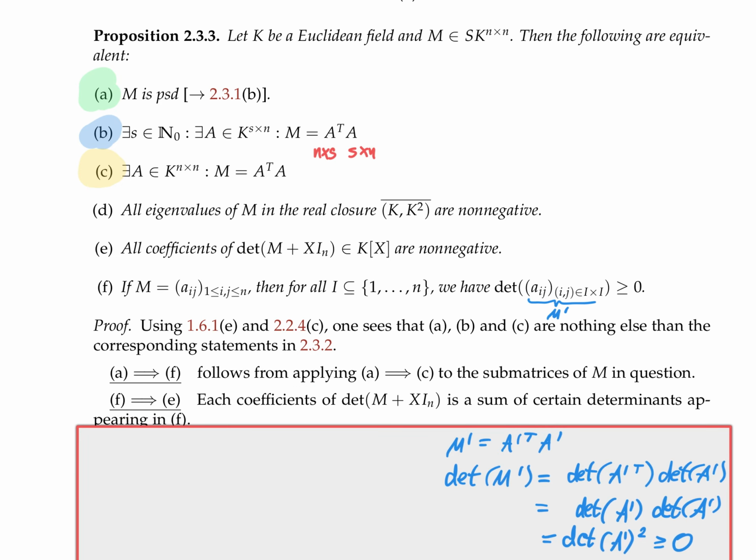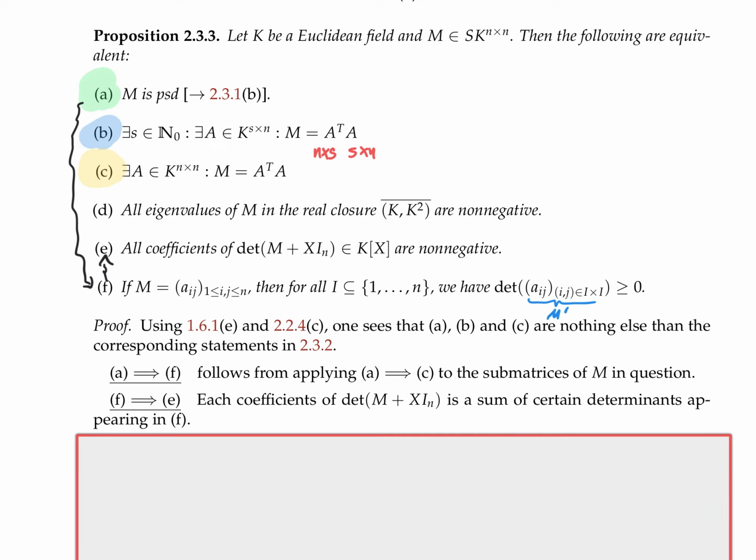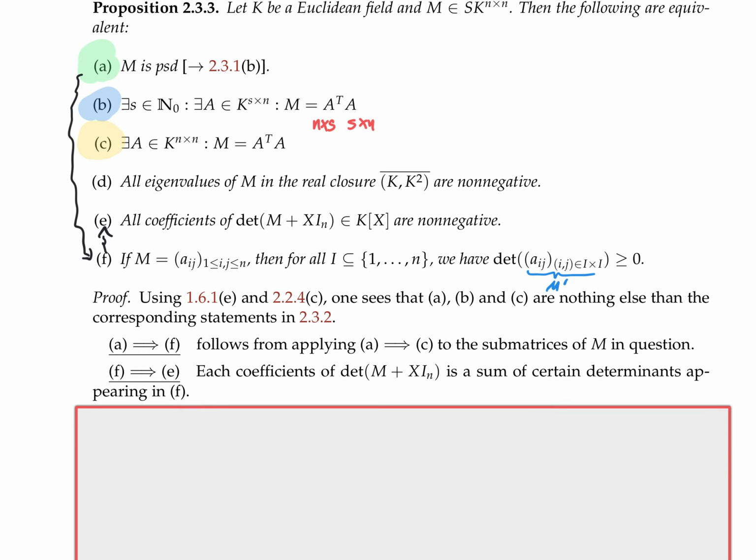Now from F to E, so we have already from A to F, now F to E. Each coefficient of this anti-characteristic polynomial of M is a sum of certain determinants appearing in F. Aha, okay. Yes, and the sum of non-negative things is non-negative. So why is this, so what are the coefficients of